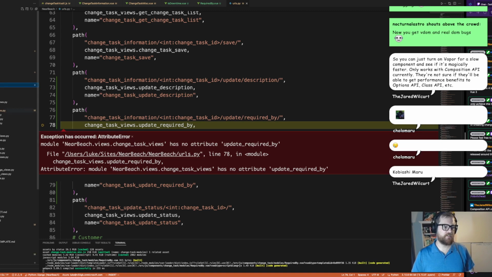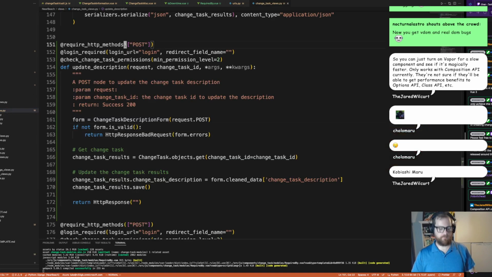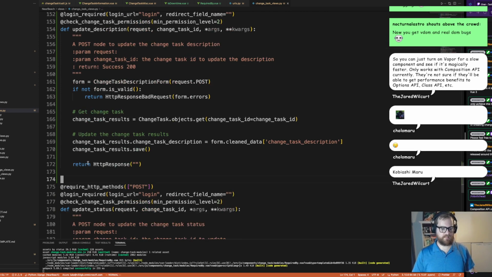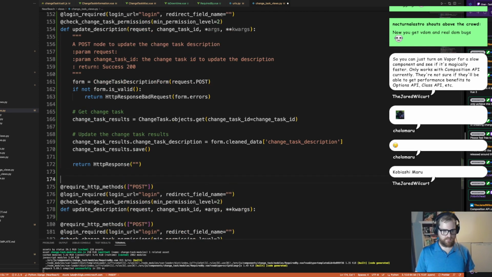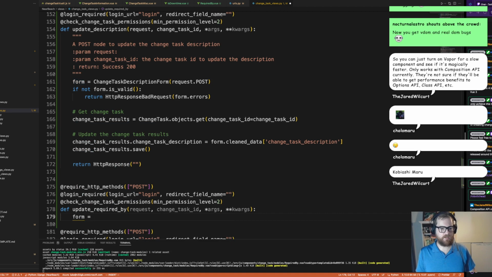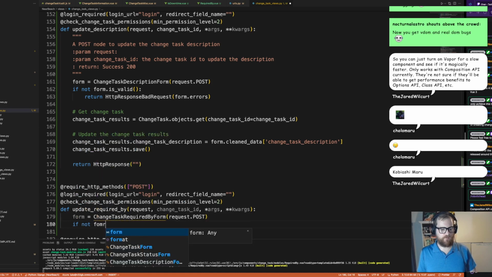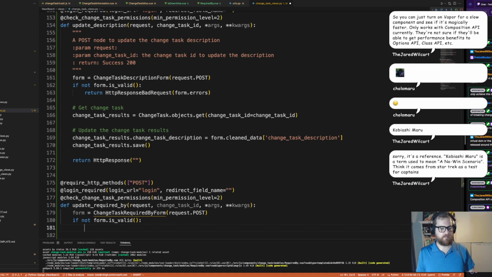All right, views, change tasks. We are just copying those 4 lines. We are pasting it down here, like so. Update required by. I'm not going to worry about anything at the moment. So change task required by form request.post. If not form is valid, return